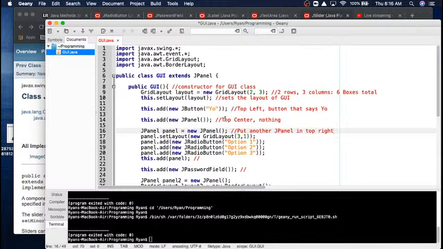And then that JPanel that I'm going to put in the top right, I can give it its own layout. So a particular box within my GUI is going to have its own layout. So here, what this says is that the top right has a